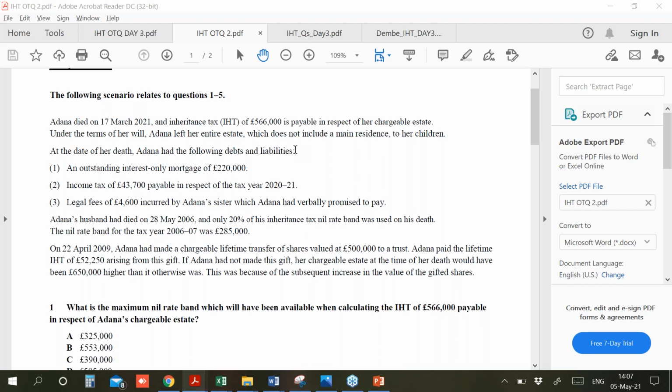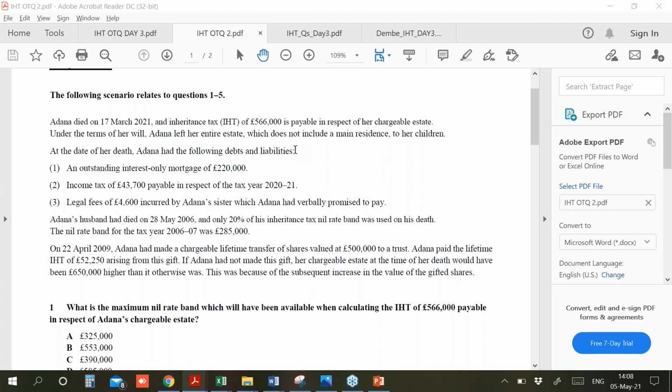I guess this is what the second MCQ was, how much deductions can she make? An outstanding interest only mortgage. I'd like to tell you that an interest only mortgage can be deducted. The only type of mortgage that cannot be deducted while calculating the IHT death estate is an endowment mortgage. Do remember, all sorts of mortgages, repayment mortgage and interest only mortgage, can be deducted. The only type of mortgage that you cannot deduct is